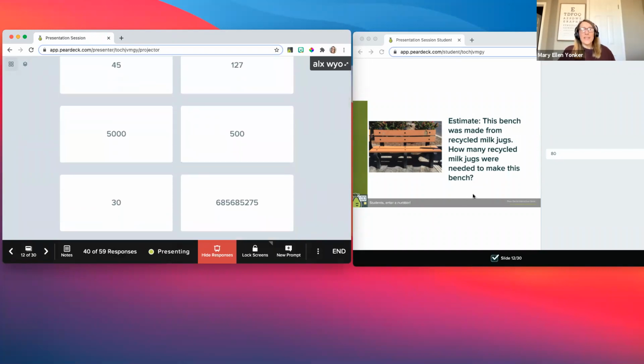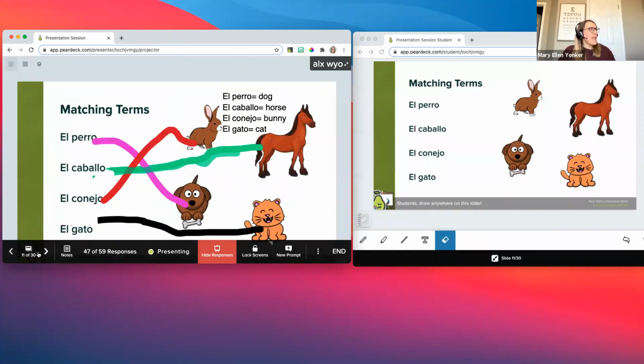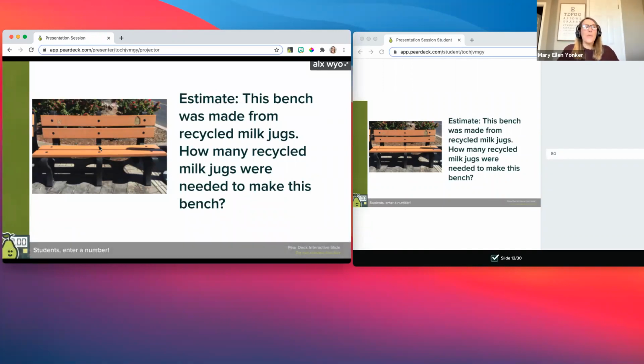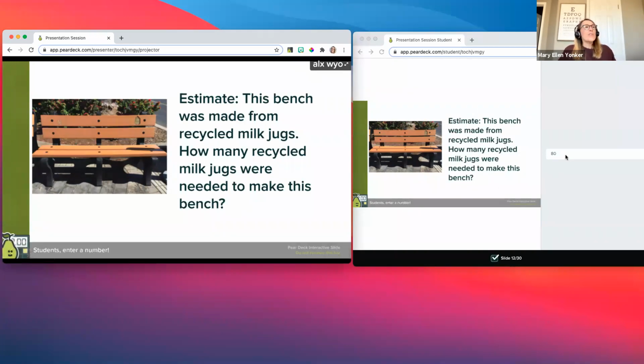Now, this question is interesting because as a teacher, when I ask my students to estimate how many milk jugs were recycled to make this bench, I really want them to think about it and come up with an educated guess. When I see their number responses, I don't really get to see what they were thinking. So I might need more information from my students.